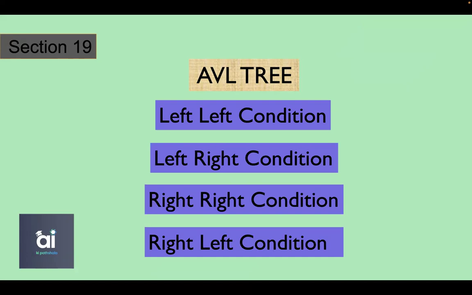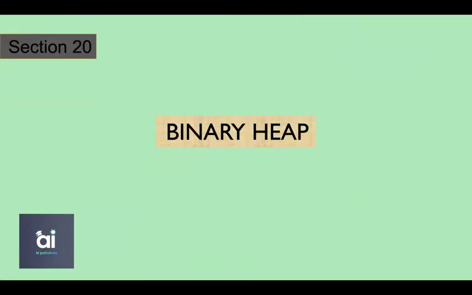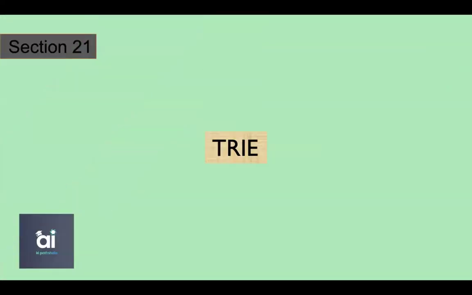And this is a fun section in my opinion, because there are a lot of challenging problems that we are doing over here. Then we are going to the binary heap, which is related to trees, but a very special case of trees. And we talk about common operations of binary heap. And finally, we go to the last type of tree, which is called trie. The trie takes characters as a node, and so it is very useful, especially when developing applications.